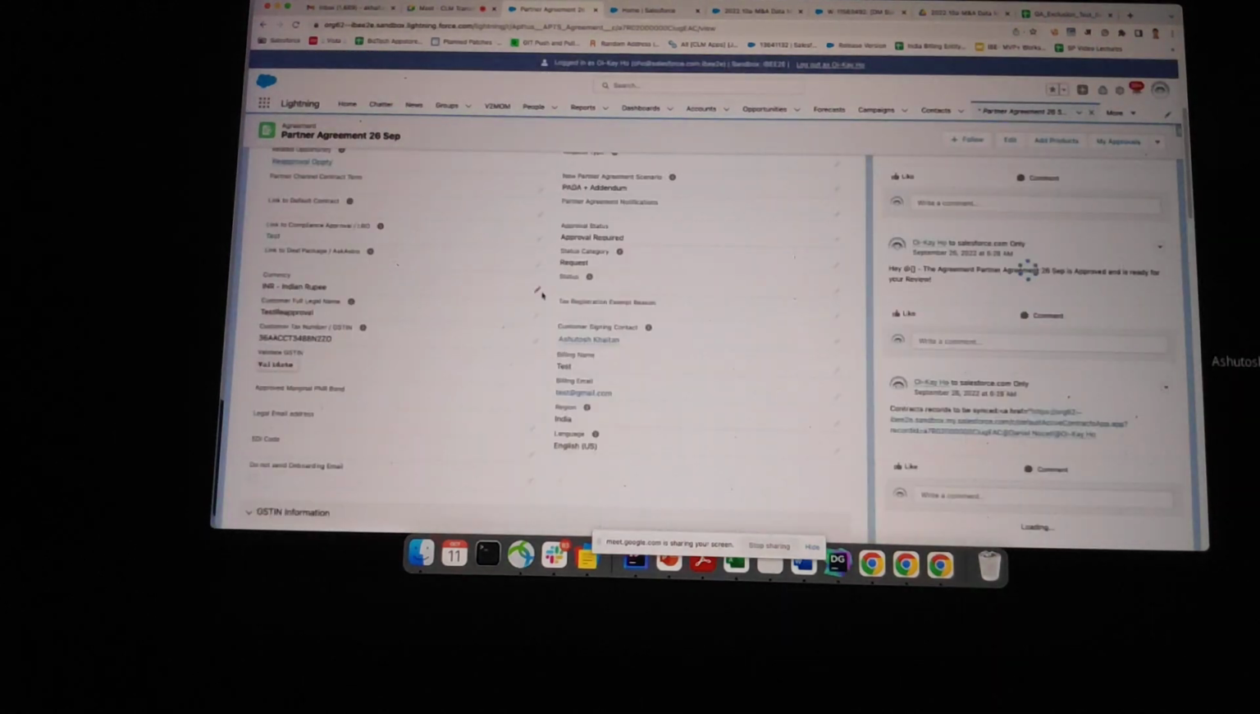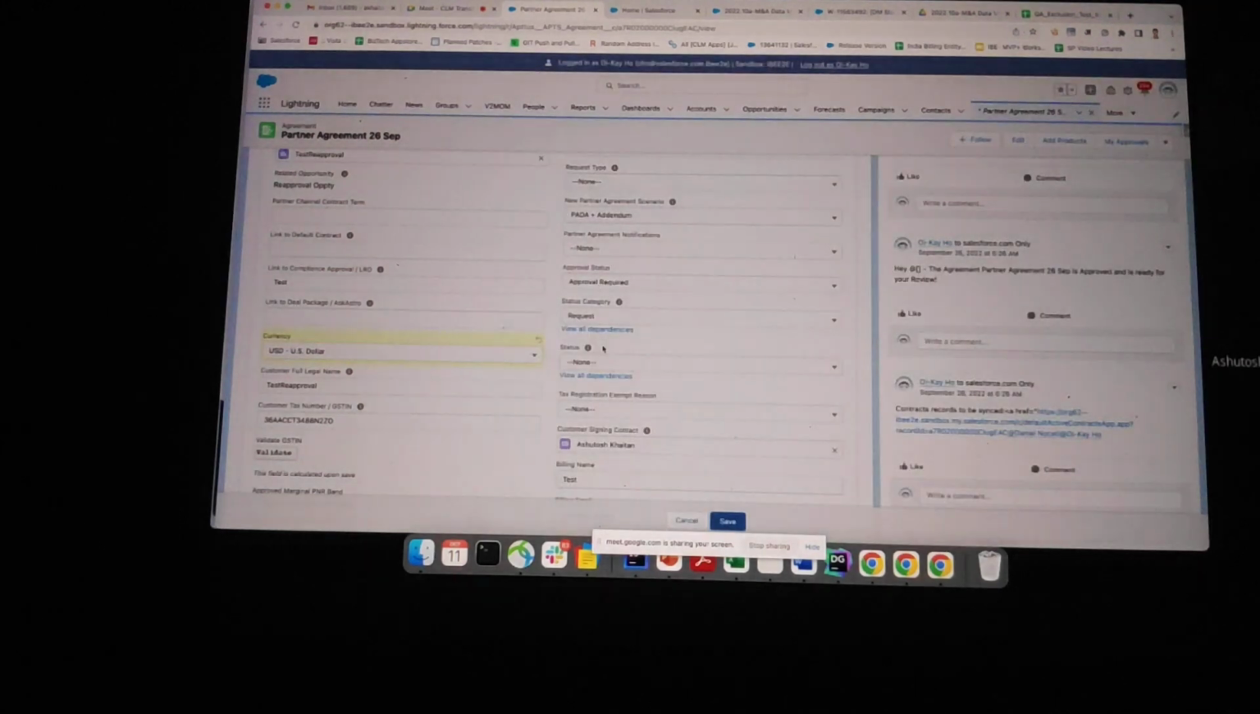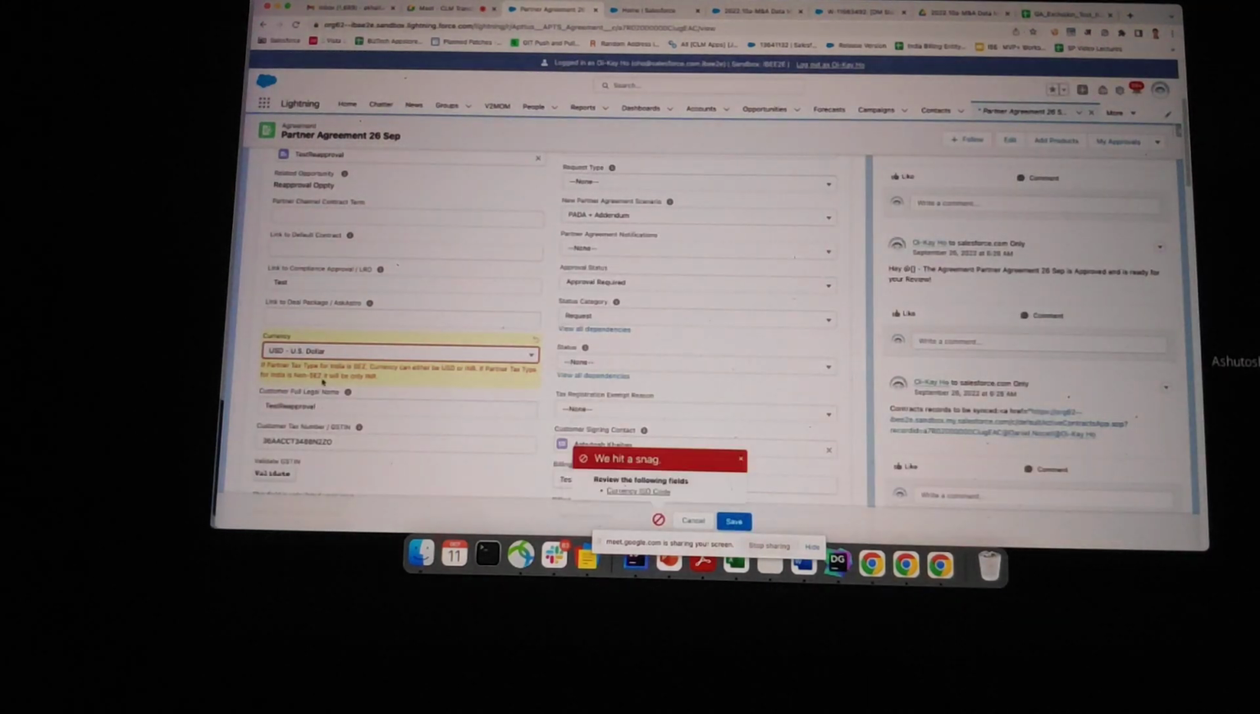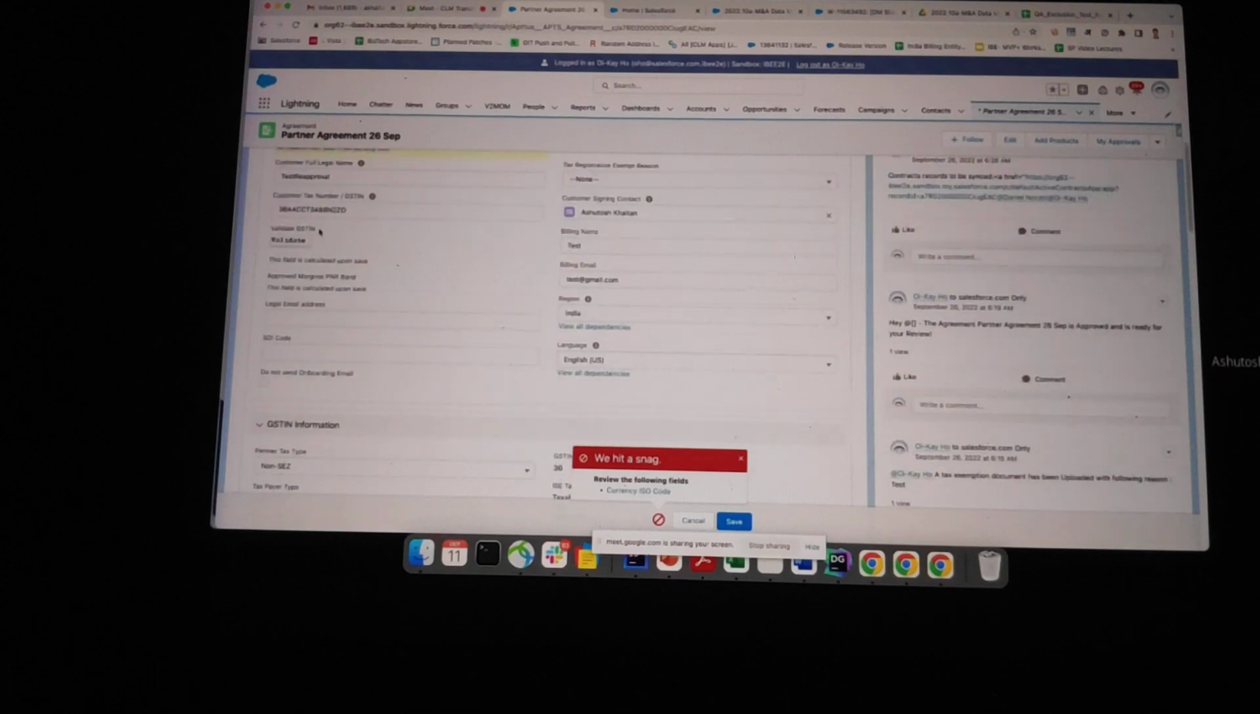Now I change it to USD. And see, there's a validation. What it says is, if the partner tax type for India is SCZ, currency can either be USD or INR. If the partner tax type for India is non-SCZ, it can only be INR. So hope this is clear. Right. Yes. Yeah. Now let us change your GSTIN back to the